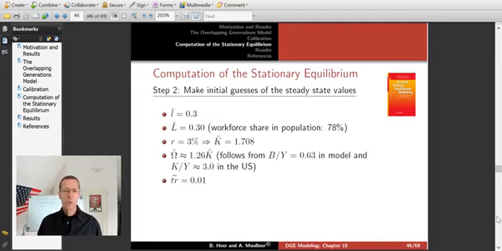As the more productive people work longer and harder, we can suppose that aggregate labor supply, uppercase L, is close to 0.3 as well, because what we have in shortfall here because of the workforce share, we might make up by the longer working hours of the highly productive people. Now we have aggregate labor, we set a real interest rate of 3%, and this implies a capital stock of 1.708 from the first order condition of the firm, that R is equal to the marginal product